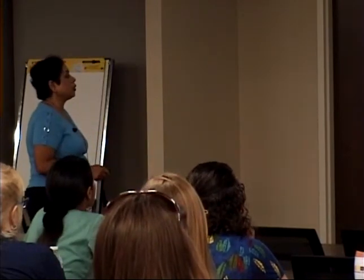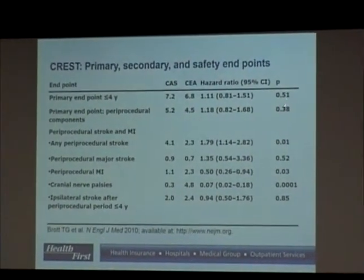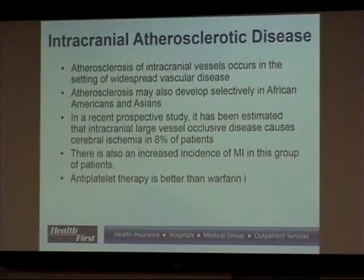No change, no difference. No difference between the primary endpoints of stroke, MI, and death in the carotid stenting group versus the endarterectomy group, 7.2 versus 6.8, p-value was not that high. Same thing, procedural complications, everything was pretty similar. So, what did the government say? CMS said, you can do either or, but